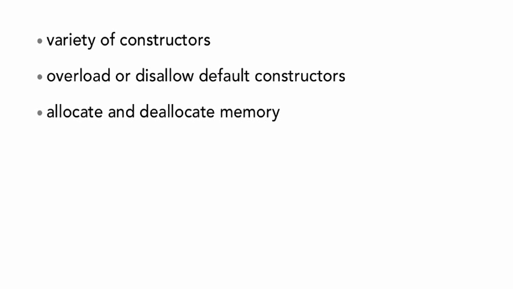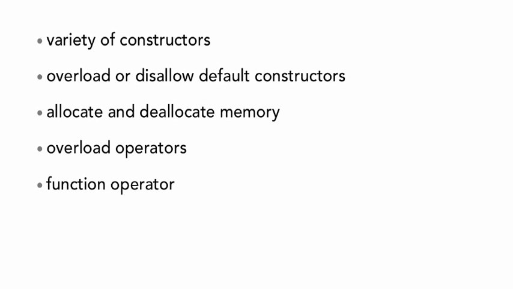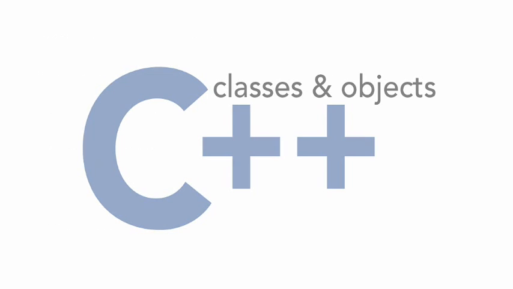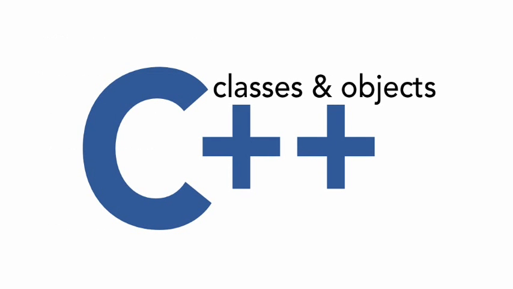You can allocate and deallocate memory appropriately so that your objects run smoothly. Overload operators so that your objects can use those operators intelligently. Overload the function operator so that your objects can operate like a function itself. Or you can create conversion operators so that your objects behave as you expect them to in different contexts. The C++ class model allows you to define rich and complex data types and use them just as you would a fundamental built-in type. In this chapter, we will cover how to define